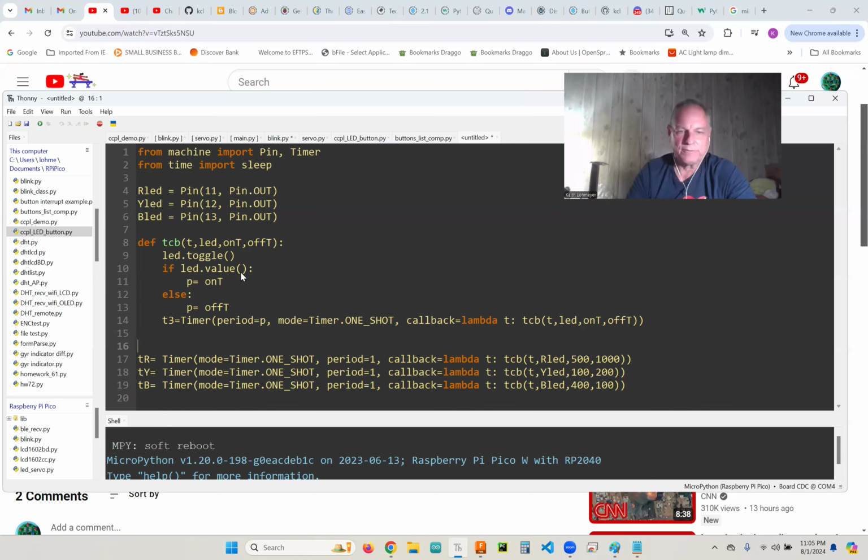Same way for when we're getting the value of that LED. And I'm just using P instead of period, just to shorten my code like I always do. And we're also passing the on time, the 500, and then the off time, 1,000. So we're figuring out whether we need to pass to our one-shot timer the on time or the off time. And then when we get to it, we're doing another lambda callback, and all the stuff that's coming into our function, we're just passing it back out,